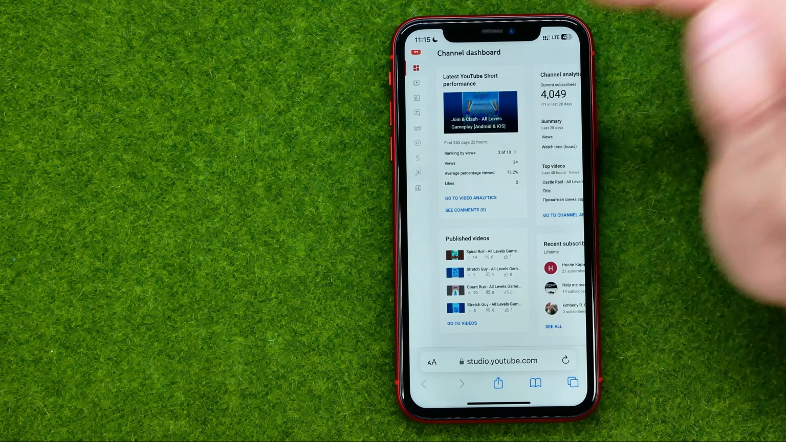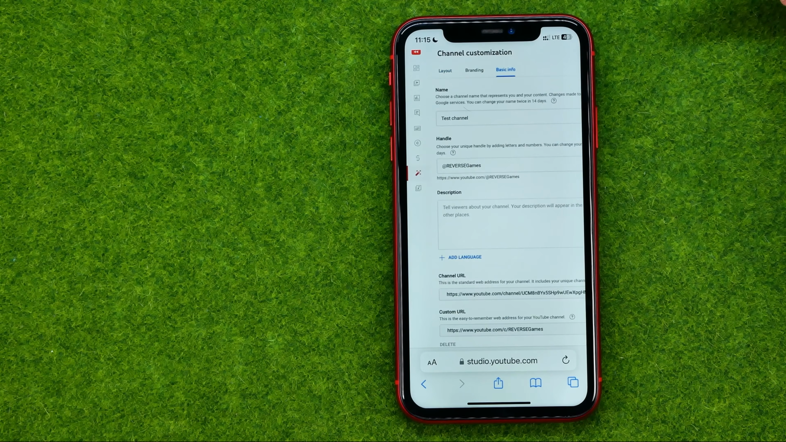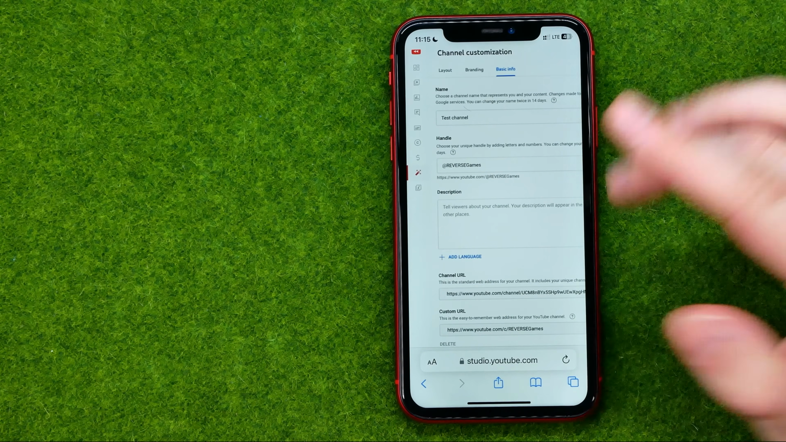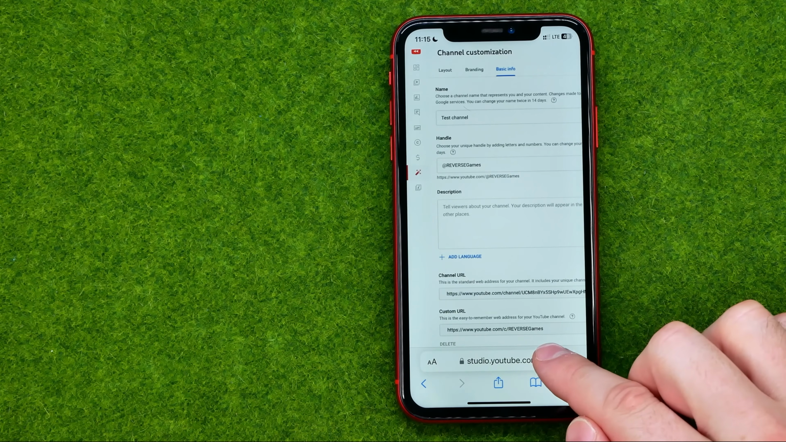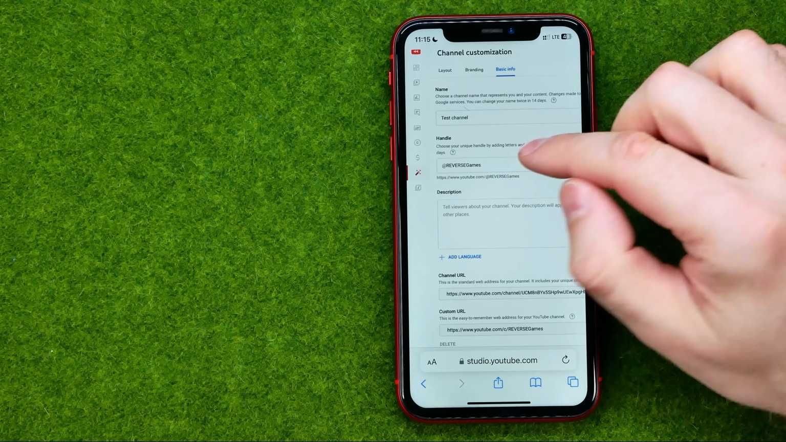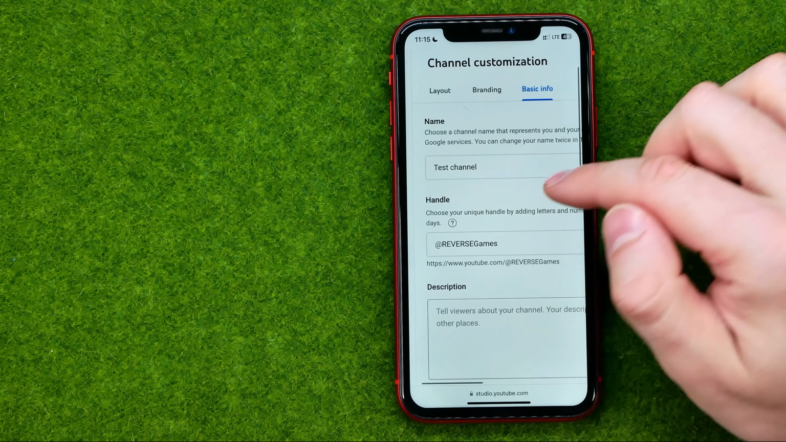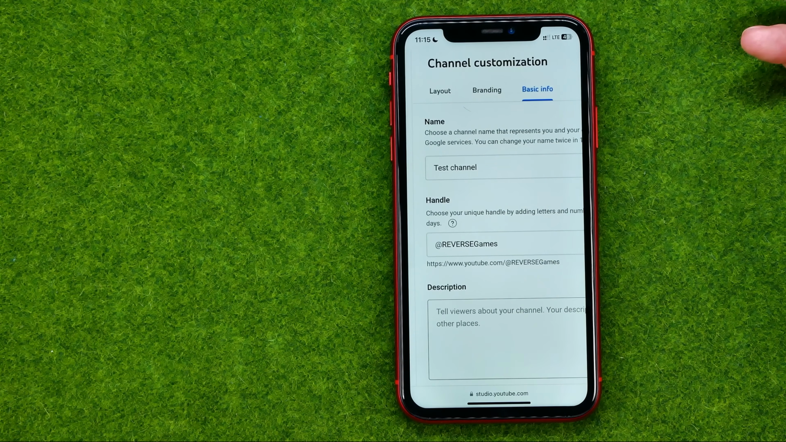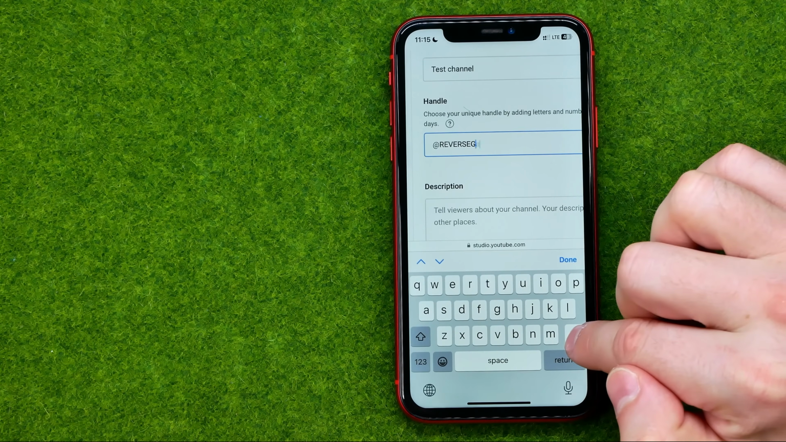And then we can tap at Customization icon, then Basic Info, and that's where we can find our custom URL for that channel. And in order to change it, we need to change our username. Right here we can easily find handle. Basically, handle is our username, and then we can remove the existing one